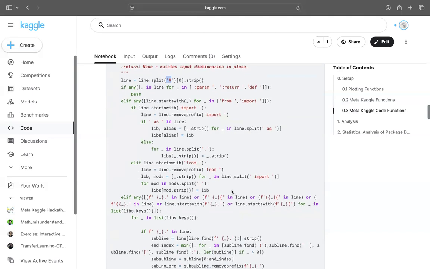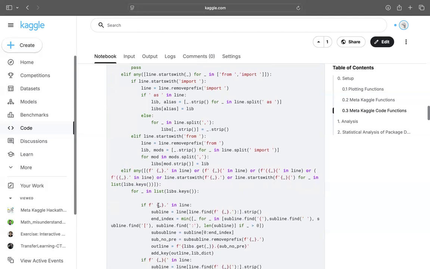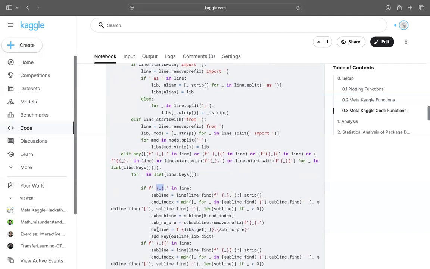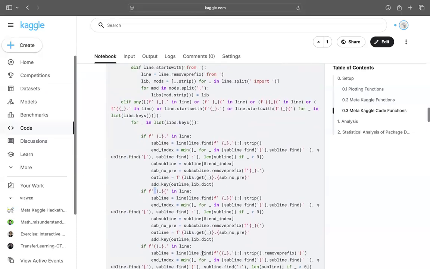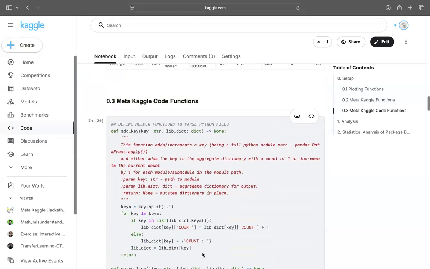Then we look for a number of cases here. Essentially, these are libraries that have a dot after them or an open parenthesis after them. And we look for three different cases around that: lines that start with a space, lines that start with an open parenthesis or the substring contains an open parenthesis, and a line that just starts with this call in the beginning. In order to keep track of all this, we have this add key function up here